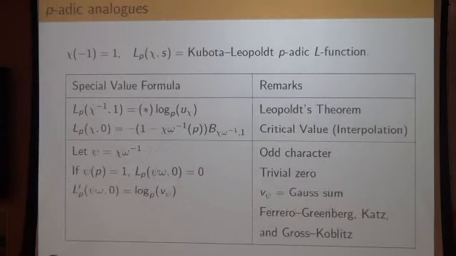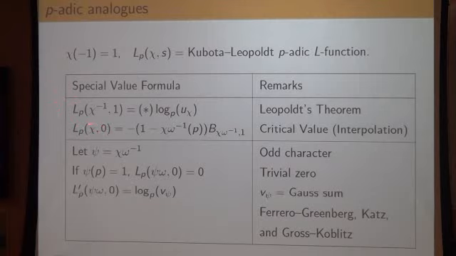Now I want to talk about the p-adic analogs, summarizing. So again, for the p-adic L function, on the one hand, it seems like you have half as many things to consider because you only have ones associated to an even character. On the other hand, you have 2 points to consider now, 0 and 1, because there's no functional equation. So you then, again, have sort of the same number of formulas in the end. So the special value formula